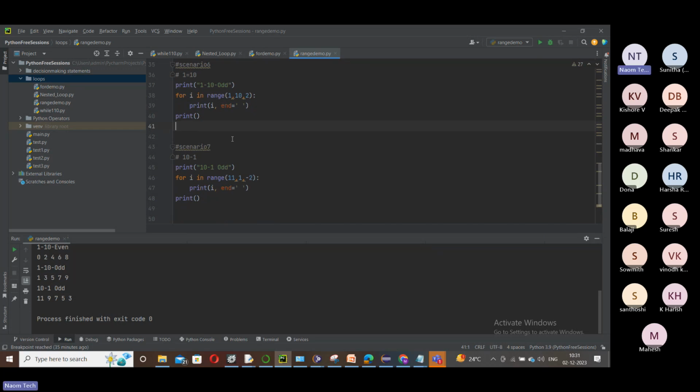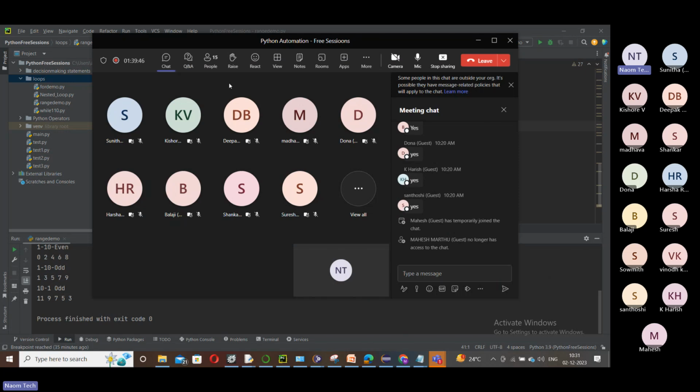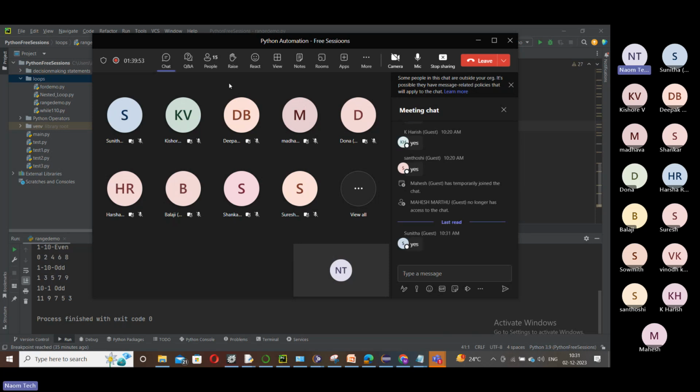This is an idea about how to play with this special for loop. All of you are good now. I hope I didn't confuse you people. I made sure that you are clear with this nested concept. So you got clarity today. It's a very useful session for all of us, because we got an idea about multiple things here.